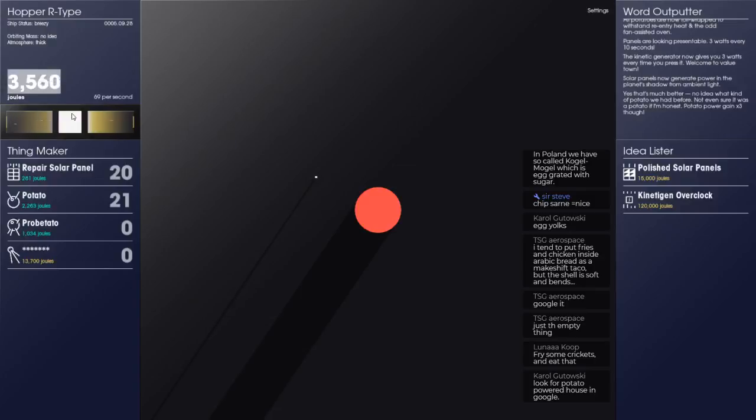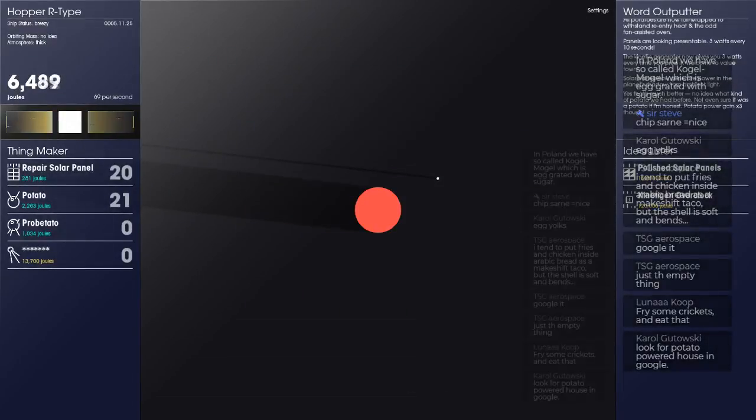Google it, just the empty thing. Okay, yeah, cool. Look for potato-powered house in Google. Potato-powered house? Are you kidding? Is that really a thing? Go. Miscopied. Couldn't see that. Potato powered house. Ooh, green innovation. I've got a feeling this is going to take more work than it actually will take to output. I'm just kind of having a look myself to pre-vet what's going on. Oh, I don't want to read the full article. Oh, this looks like a lot of work. Maybe after stream. Oh wait, that's monitor 1. I want to be back over here.